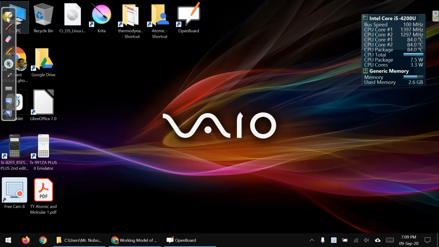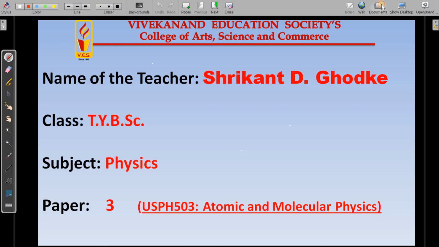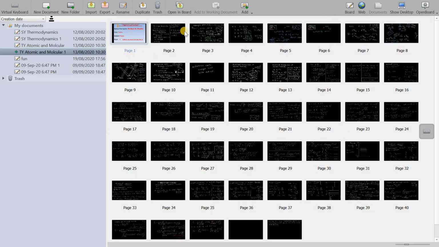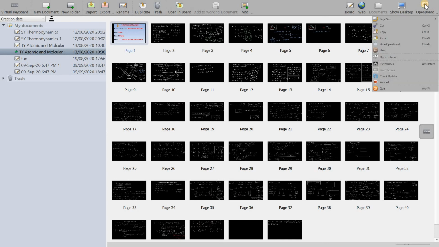So documents are basically to organize your whiteboard, and you can do lots of things. And this is your setting. I always change the space size to 16 by 9 because nowadays everybody is looking from their mobile phones, so it's easy for them to see. I am not using 4 by 3, I am using 16 by 9.